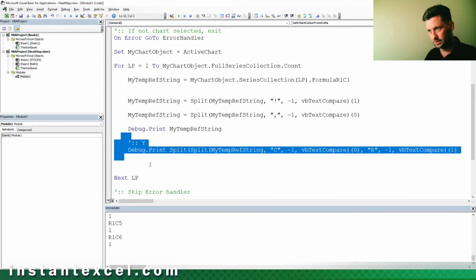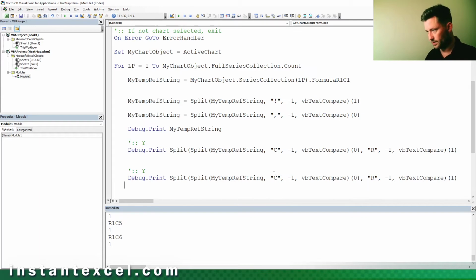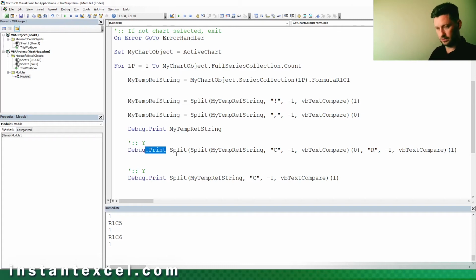And for the X, the reverse is going to be true, so I'm going to split at the, actually I can just skip that whole thing completely. I only need the inner one, so I can just get the C like so, and I get part 1, which should be to the right of the C, and then I'm going to say Y